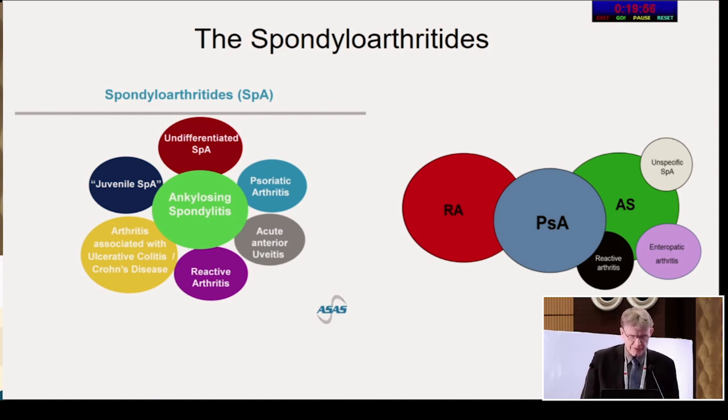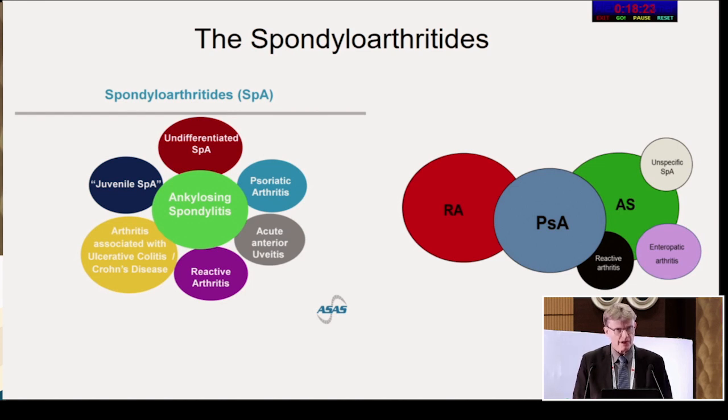If you see it from the ASAS, that's the Assessment of Spondyloarthritis International Society, then you see it as on the left, where ankylosing spondylitis is in the center, and that's fair enough. And then you have all the other diseases around it, including psoriatic arthritis. And that makes good sense in the actual components, where ankylosing spondylitis is definitely the key disease and has many